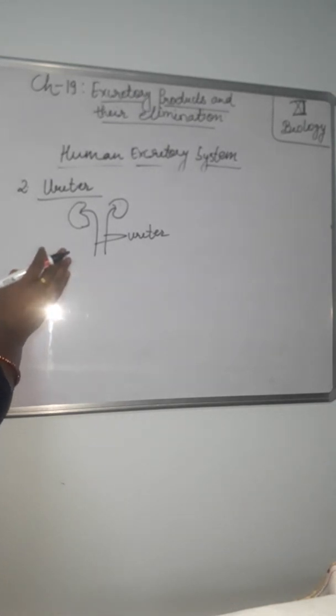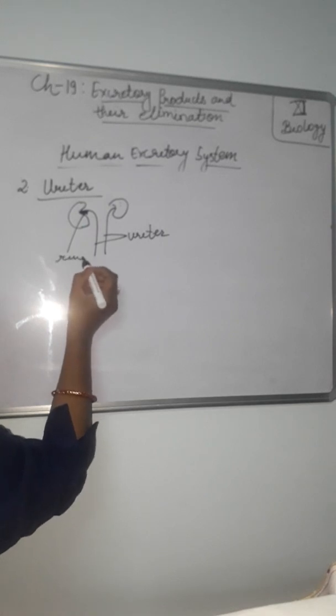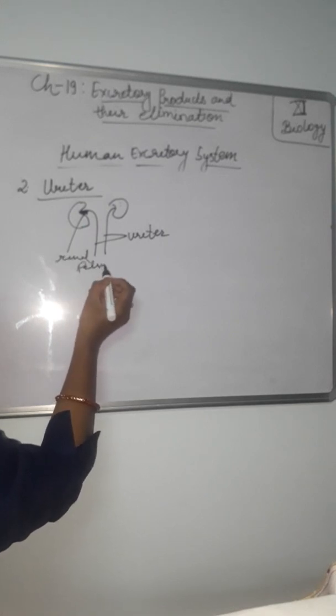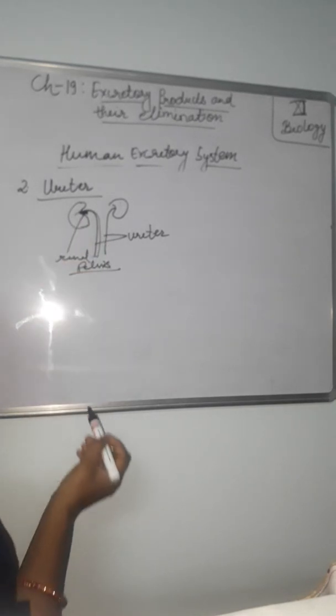The uppermost distal part of the ureter is said to be the renal pelvis. जो ऊपर का ये जो distal part होता है this ureter का, that is called the renal pelvis. Okay, and the ureter carries urine to the urinary bladder. इसका काम क्या होता है? किडनी से यूरिन को लेके जाना to the urinary bladder.